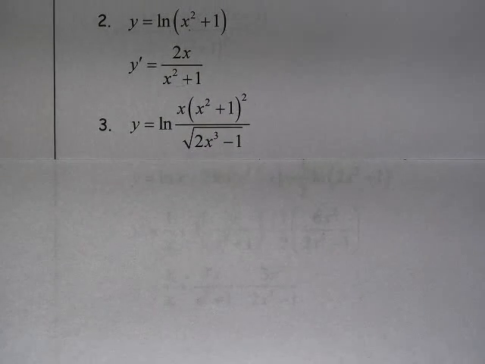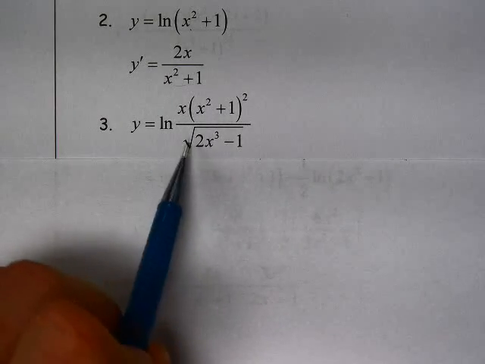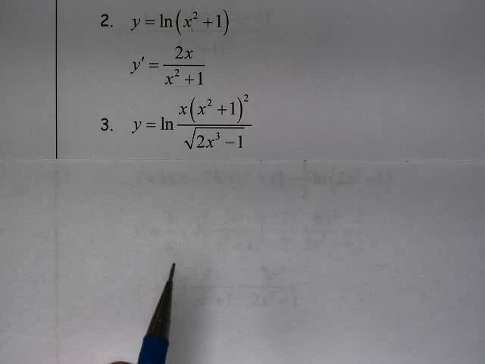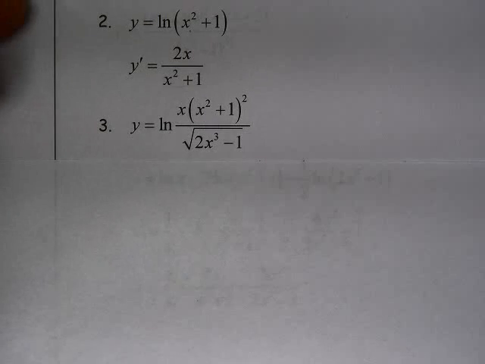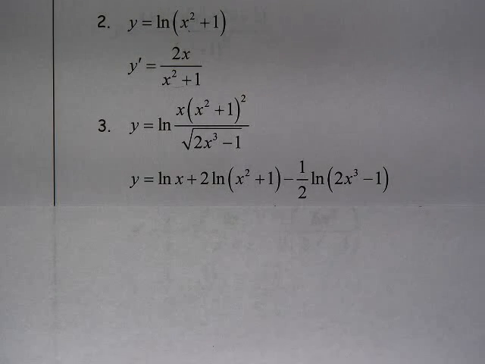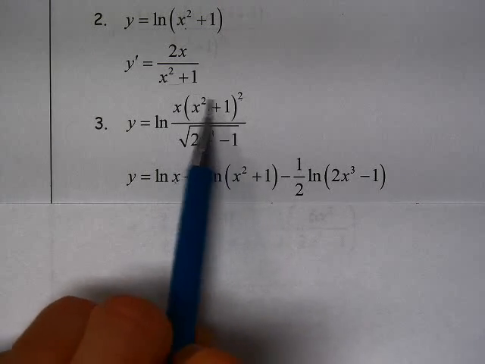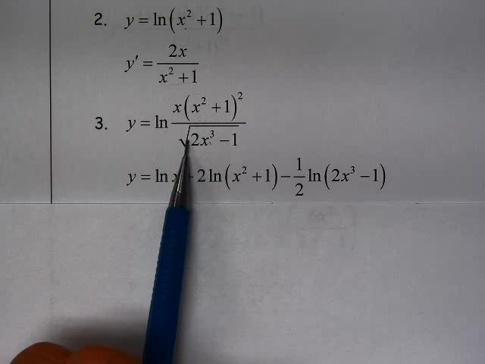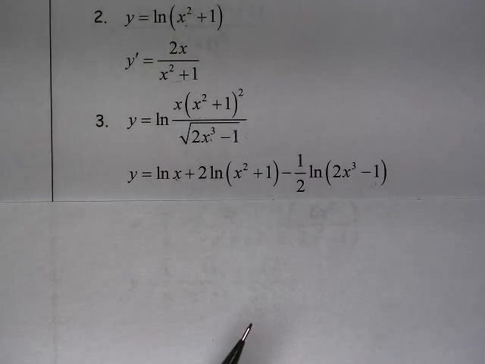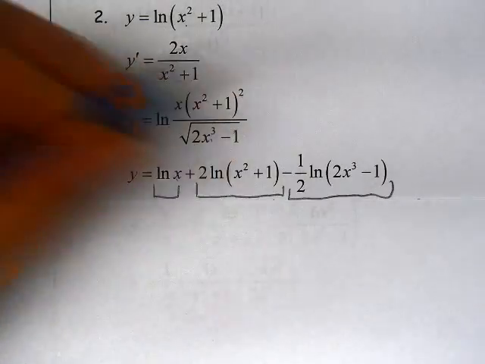If I have a more complicated function, here you can see that I have a product up here. I have 2x cubed minus 1, the square root of that in the denominator. So I'm going to use the properties of logarithms first. So I'm going to expand this thing to look like this. So I have natural log of x plus 2 times the natural log of x squared plus 1 minus, I'm dividing by this denominator, 1/2 times the natural log of 2x cubed minus 1. And now I can take each part of this sum